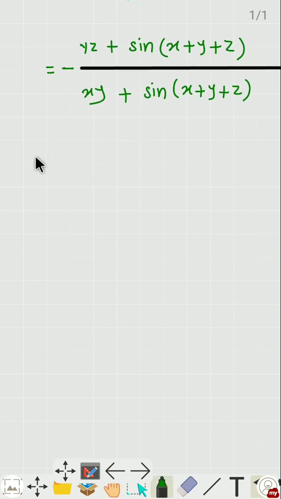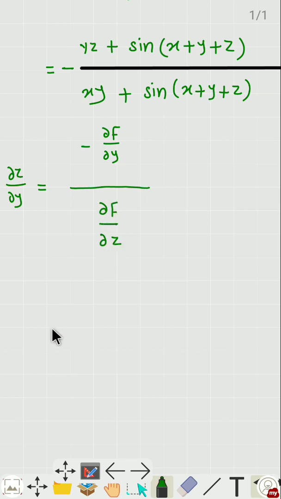Now write, partial derivative of z with respect to y is equal to minus times dou f by dou y, and whole divided by dou f by dou z, and it is equal to